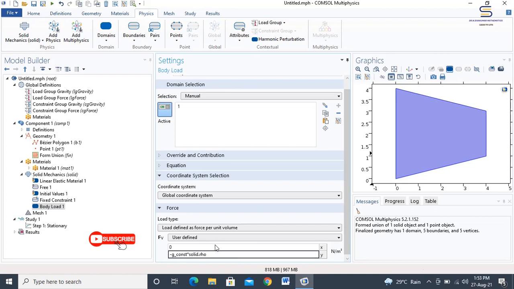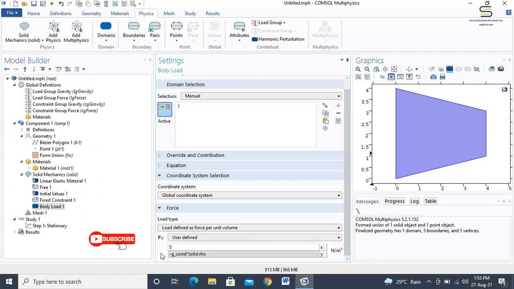Actually, this is a predefined constant for acceleration due to gravity. However, it is not the same value as 9.81 meter per second square, but instead it has some of the non-inertial components as well as inertial components of gravity due to the varying values of densities of the selected material.